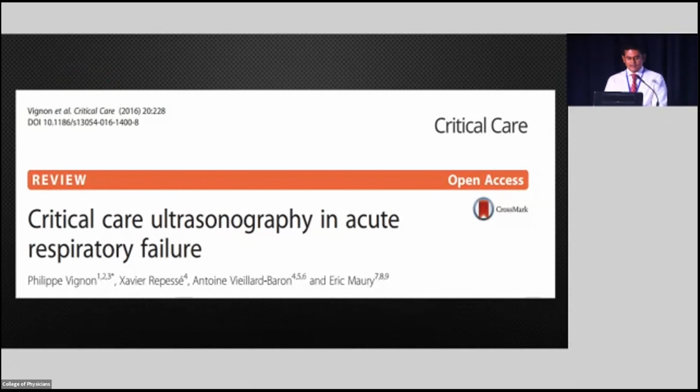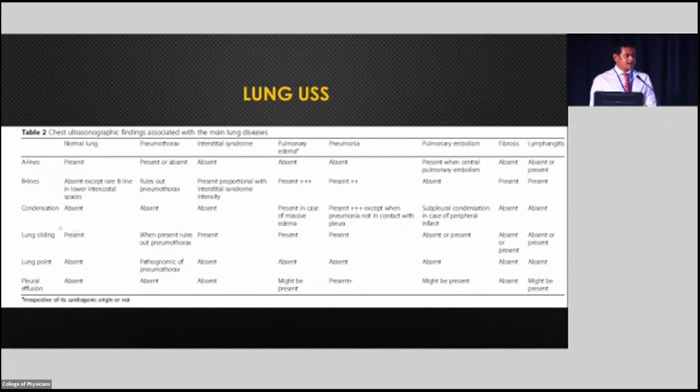So critical care ultrasonography in acute respiratory failure. If you want to scan lung, it is an aerated structure. So as I told you, air is an enemy to ultrasound. So all these interpretations that you see with the lung ultrasound are from artifacts. So you might have heard a lot of lines, A lines, B lines. So all these are artifacts. Depending on the nature of the artifacts, they interpret what's going on in the lung. So you might see A lines, B lines,